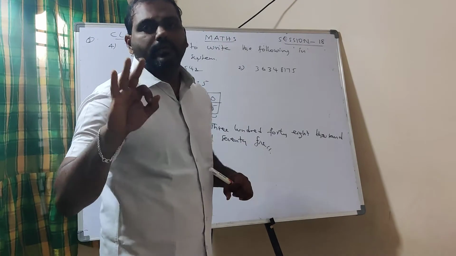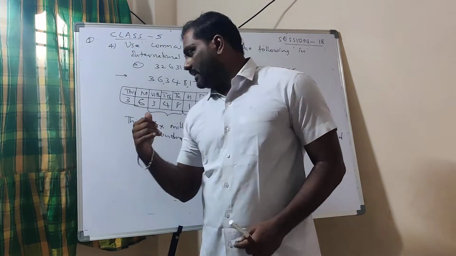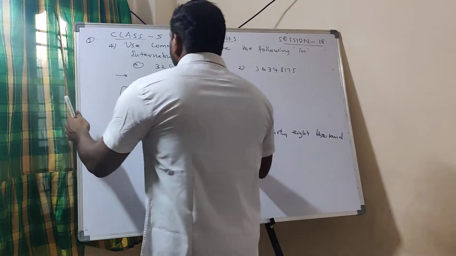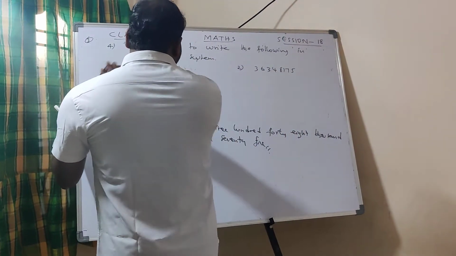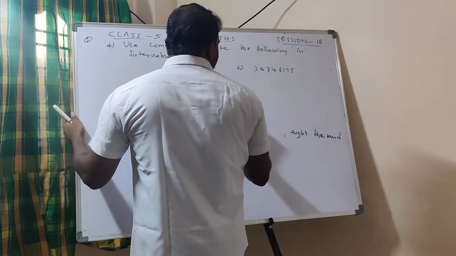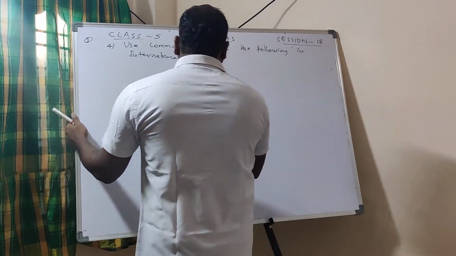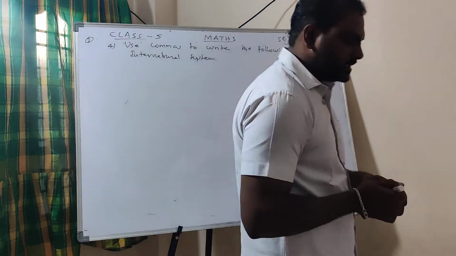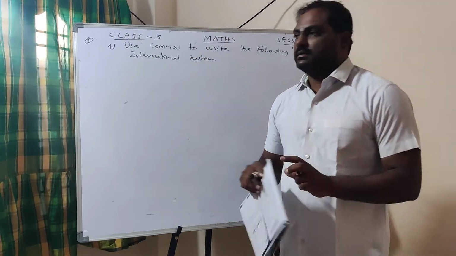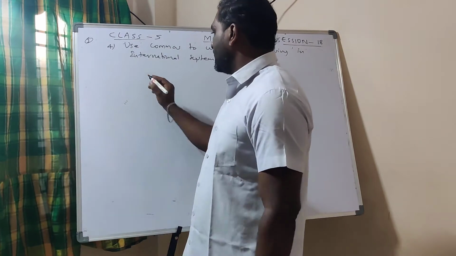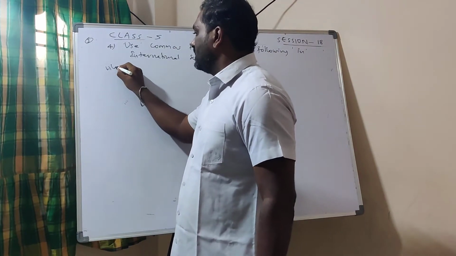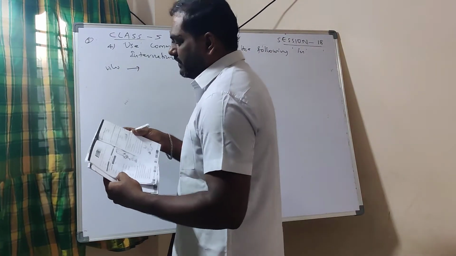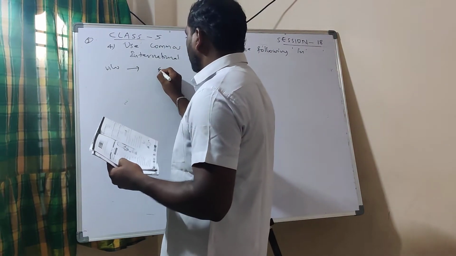Write the number and divide it into 3 parts. Then write it in the proper boxes. Then write in words. How many millions are there? How many thousands are there? And what are the remaining numbers? Okay. Now in this bit, there are 4 questions. I have given 2, and you write the 3 remaining for homework. Out of 4, I will give 3 numbers. You write the homework as 3 numbers.